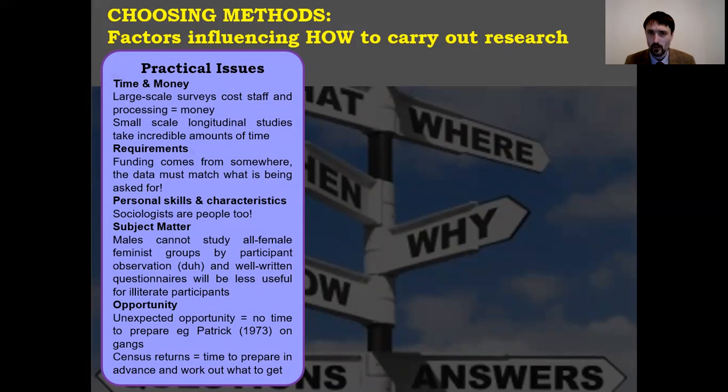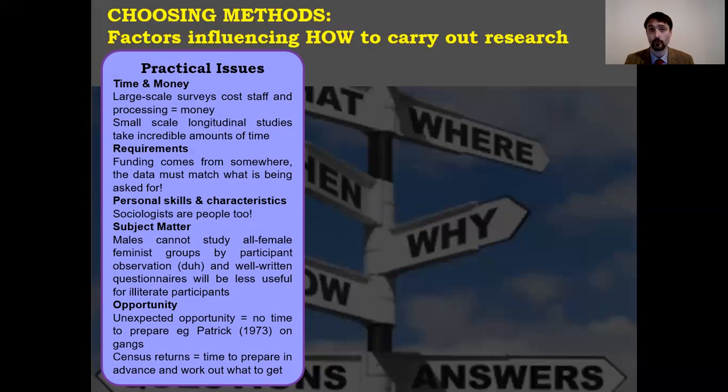Does that make sense? So you've got to make sure the data matches what you're trying to find out. That doesn't mean you go out with confirmation bias and you have an idea that you want to find and prove, so therefore you ignore data to the contrary. It means that you've got to find the right data to answer the question, if that makes sense.